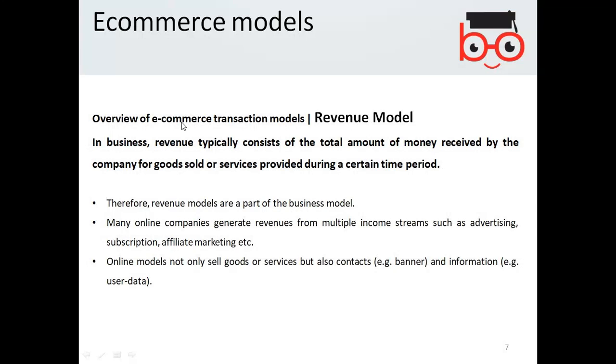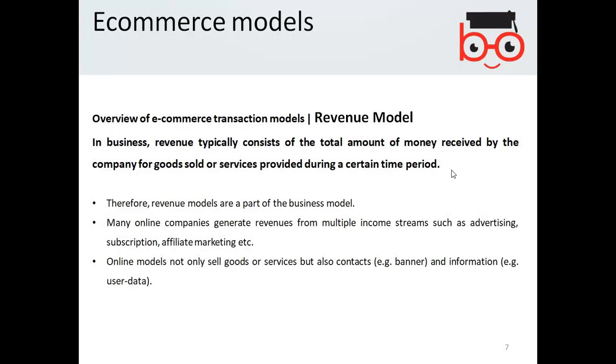Overview of e-commerce transaction models. A revenue model. In a business, revenue typically consists of the total amount of money received by the company for goods sold or services provided during a certain time period. So, for example, whatever revenue is being generated within the e-commerce site, that is called the revenue.